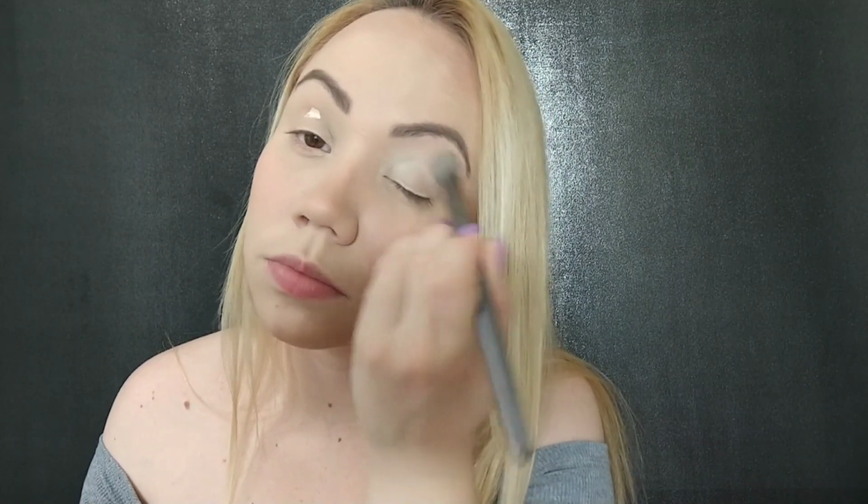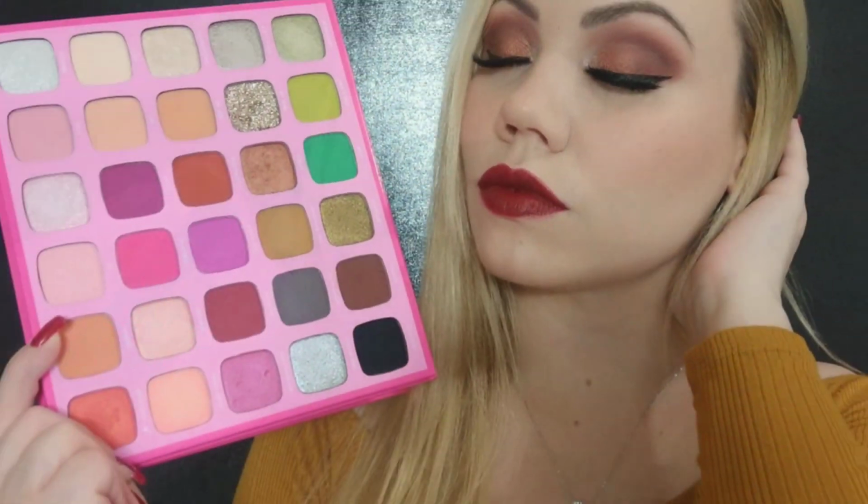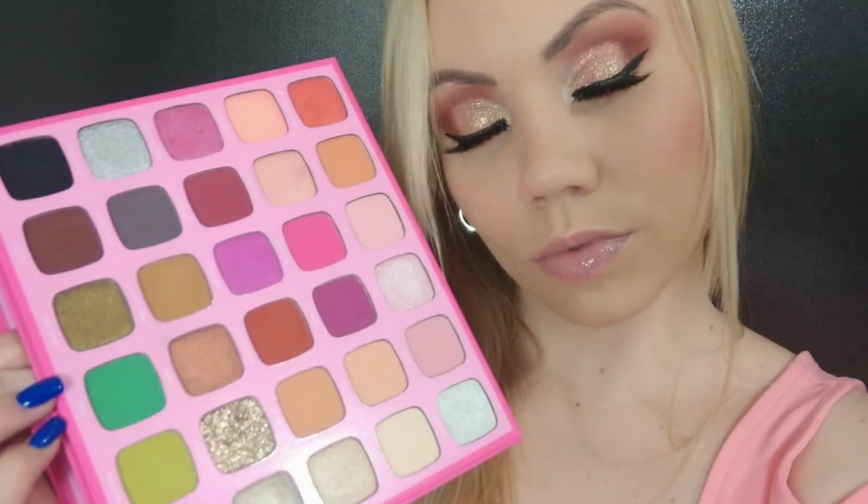Eyes, I'll just prime them really quickly. I'm using this Anastasia new eye primer. You guys really love this palette. I have done like 2 different videos doing tutorials with this, so we'll use this again because I am